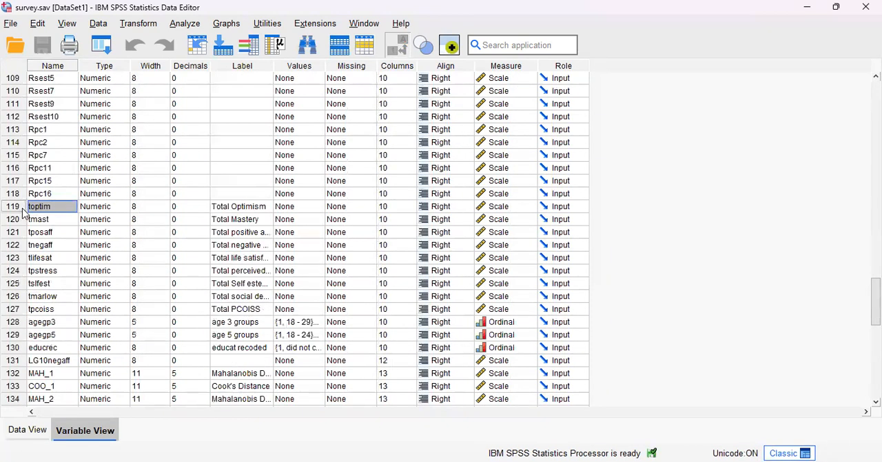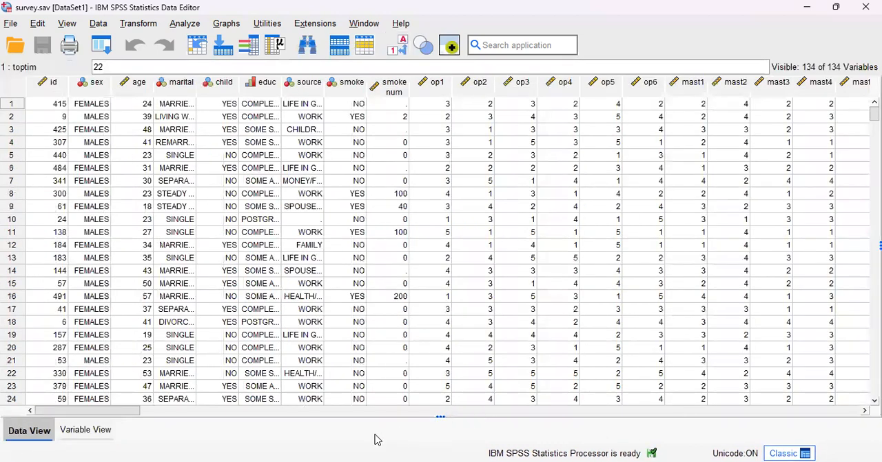And we're going to come down here to this top 10, which is total optimism, and kind of look across. It was a numeric entry with a width of 8. There are no decimal places. You'll see the label is total optimism. It's 10 columns and most importantly, a scale measurement. So then we're going to go over to data view